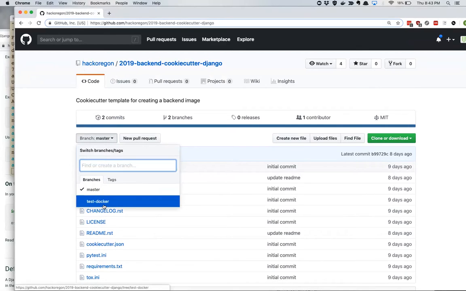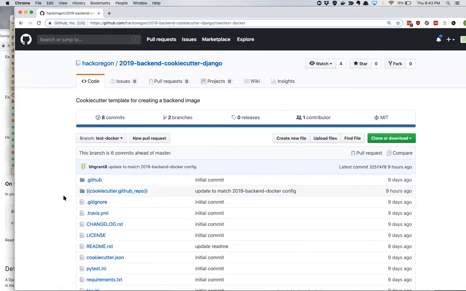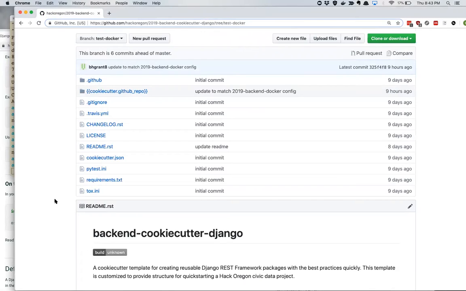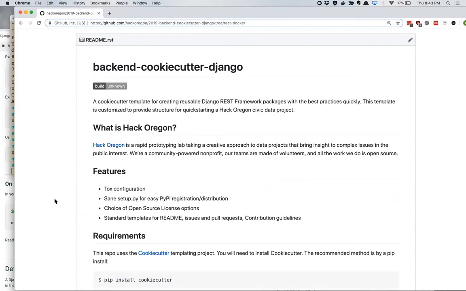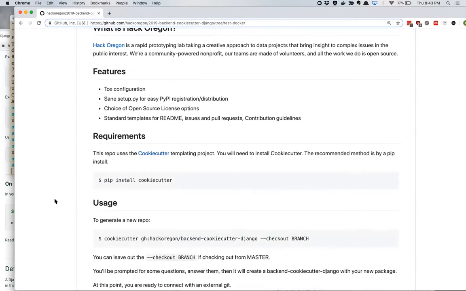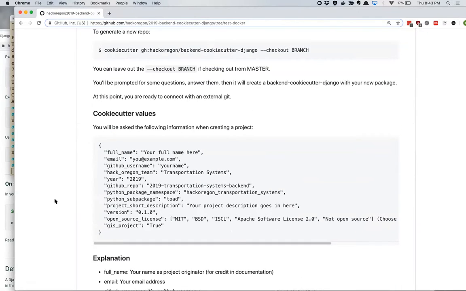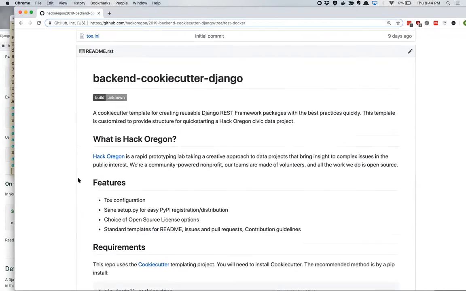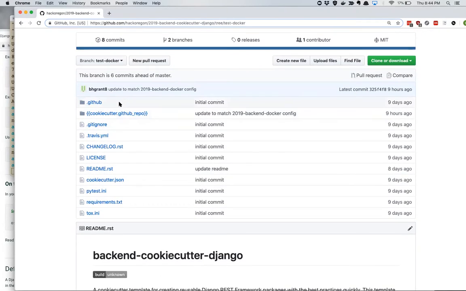I'm on the test Docker branch, that's where I've been developing this. So basically from here, you'll be able to spin up an automated project with your name, your project name, and certain things already configured in there. And it will basically create the framework, including